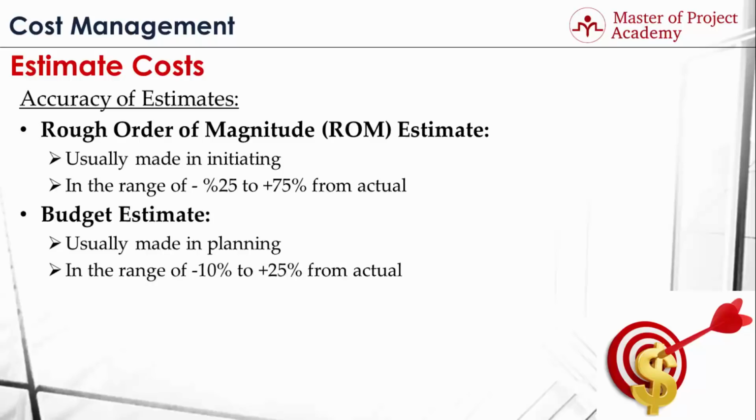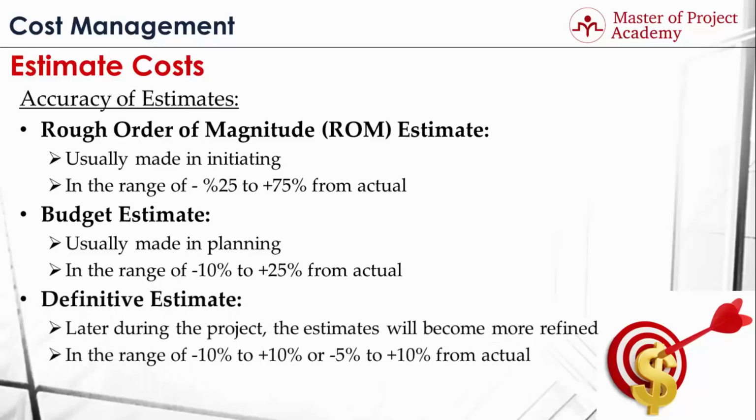Budget estimates of an activity are in the range of -10 to +25% from actual values. For instance, if an activity will cost $100, a budget estimate gives a range from $90 to $125 respectively. The third and the last type of estimation range is